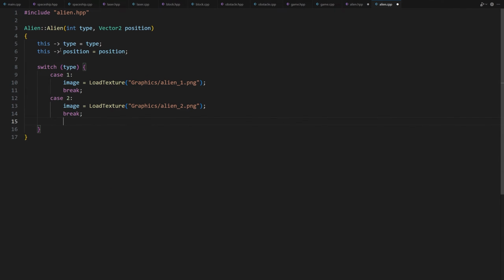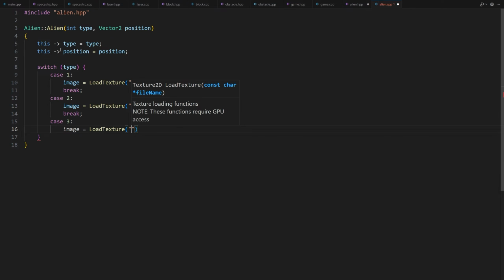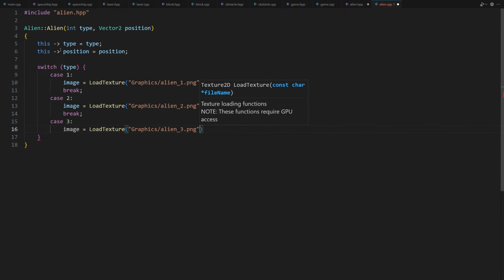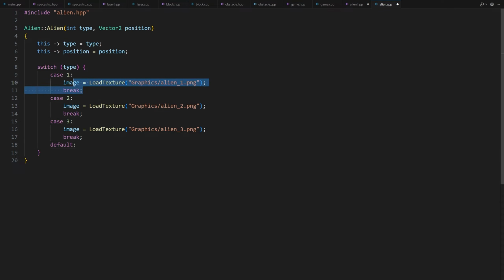And break, case 3, colon, image is equal to LoadTexture, parenthesis, quotes, Graphics slash alien3.png. Break, default, colon, image is equal to LoadTexture, parenthesis, quotes, Graphics slash alien1.png. Break. As we said, each time we load an image, we have to unload it when we exit the game.